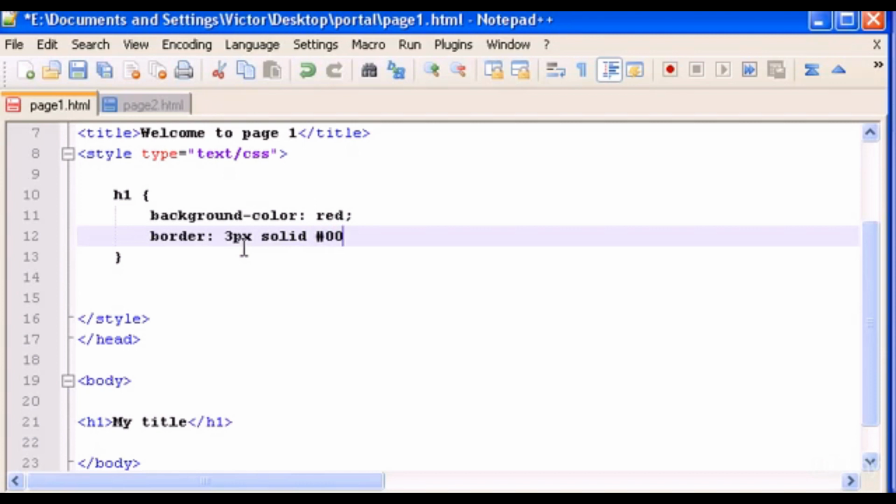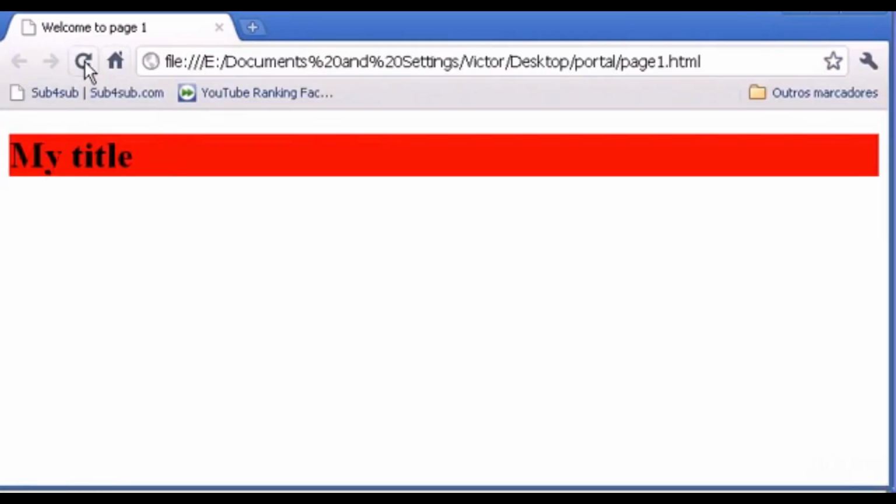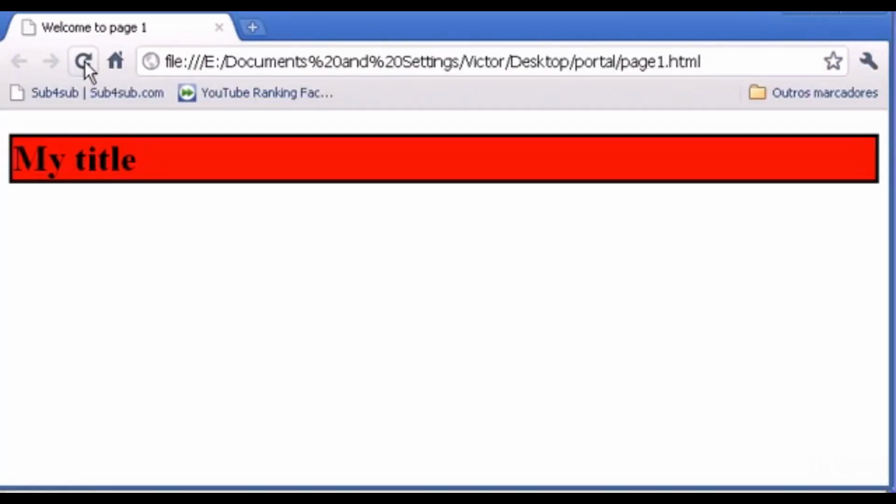I'm going to give it a black color. Remember we already saw a video about the RGB colors, or hex code for the RGB colors. So the hex code for the black color is 6 zeros. Now semicolon, save it, and let's refresh and see the border, and there it is, a 3 pixel